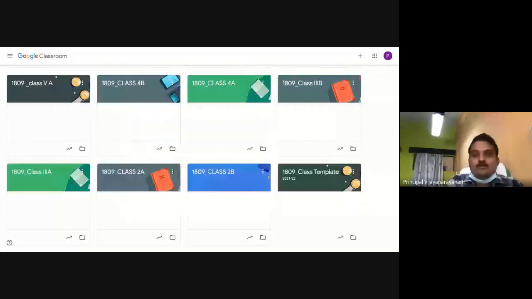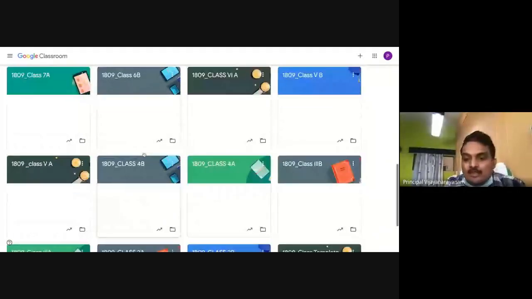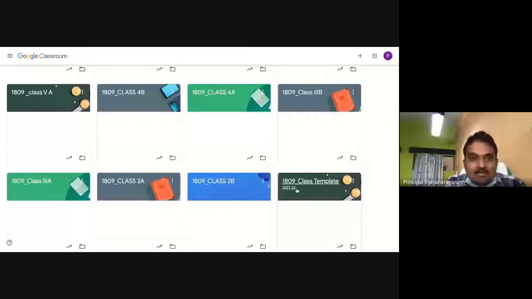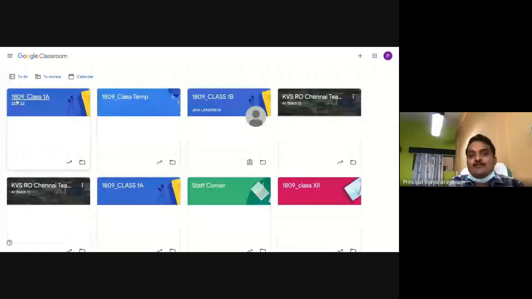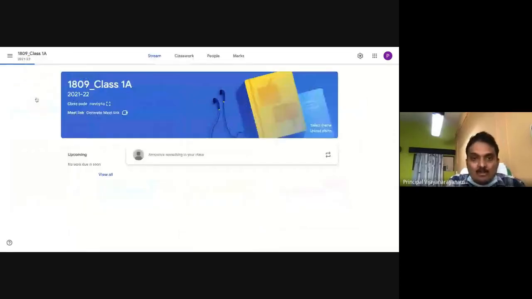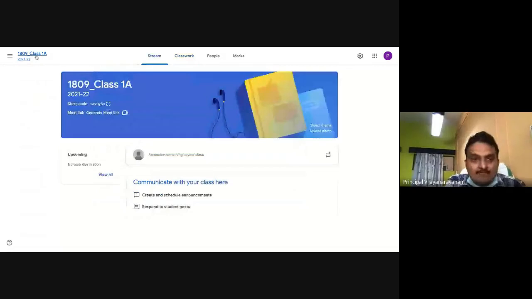Okay, so the class gets created. Similarly, again and again we can create from the template. It is much faster and you get the class here. You can see the class is generated here. Now this class is only having the structure. All mandatory structure will be automatically there. Need not worry, there will be no assignment, nothing will be there, but all mandatory requirements will be available. So that way, multiple copies can be made.